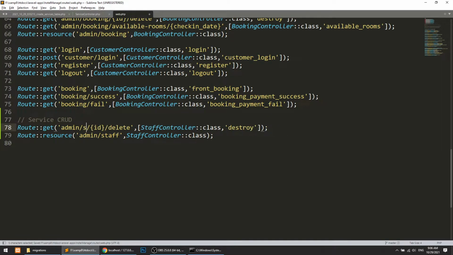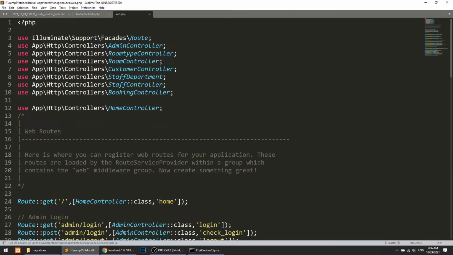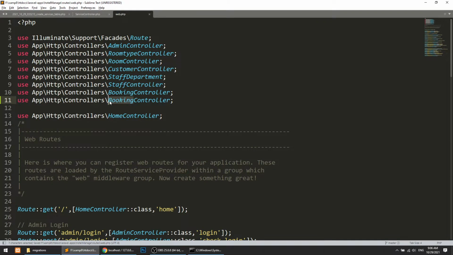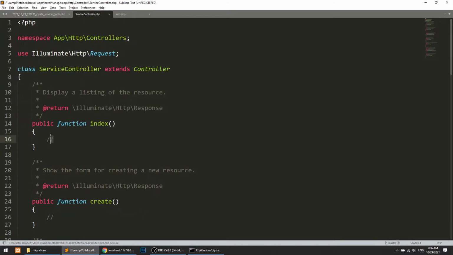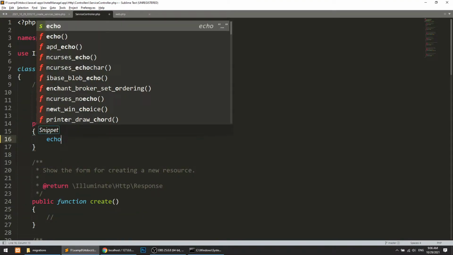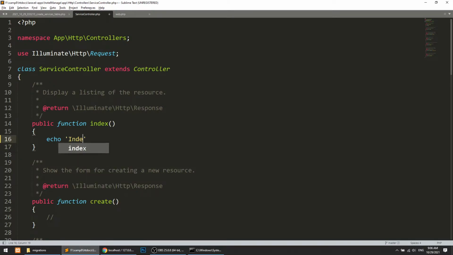So this is the service, and this will be ServiceController. Of course we will import this at the top, so we will import the ServiceController. Now in this index, let's echo something, echo index page, so that we will confirm that it is working.